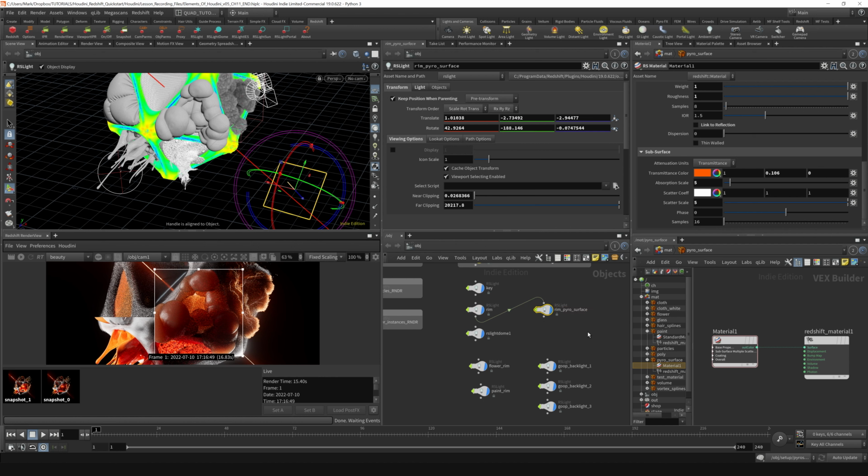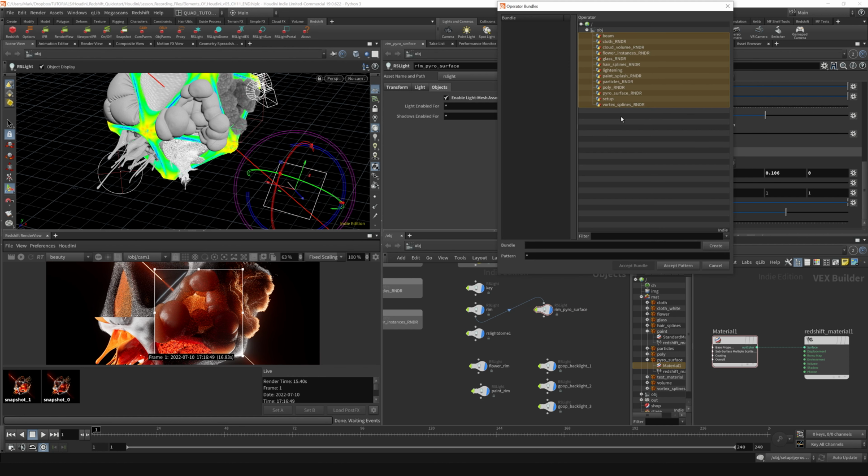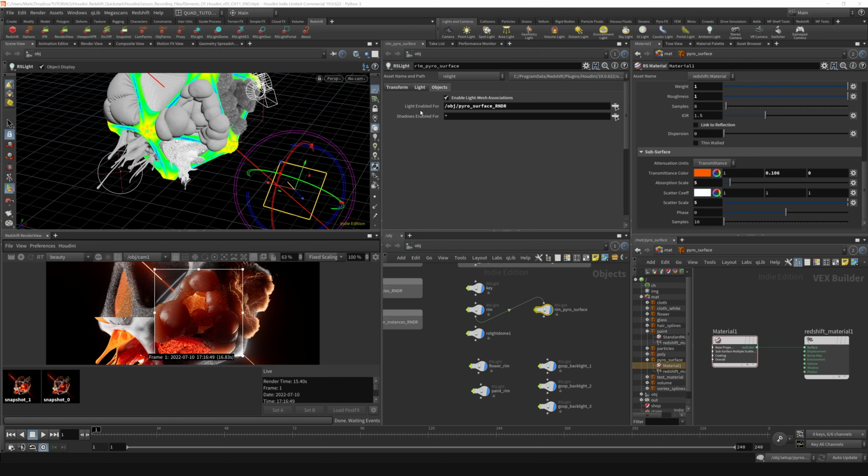And then here, let's go over to the Objects tab and enable Light Mesh Associations. Here, I want to enable the light only for the Pyro mesh. So let's select from our list here only the Pyro surface render right here, like that, and say Accept Pattern. And then let's see what happens if I fire off this render. It looks pretty much the same because the shadows are still enabled for everything,